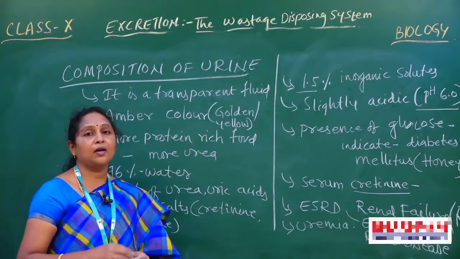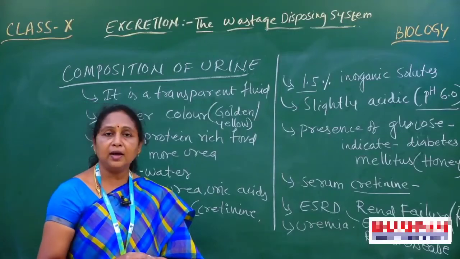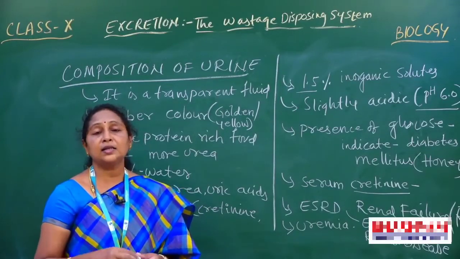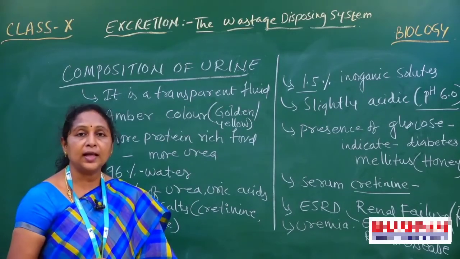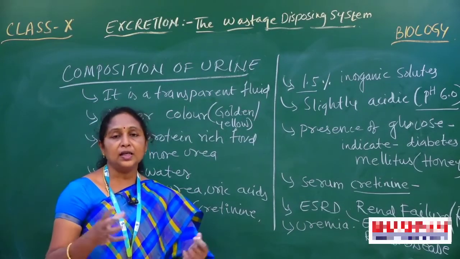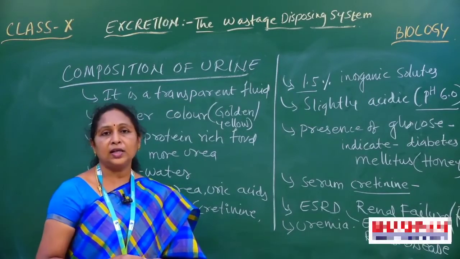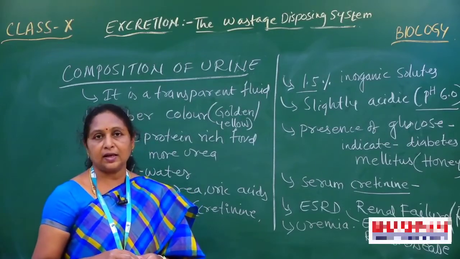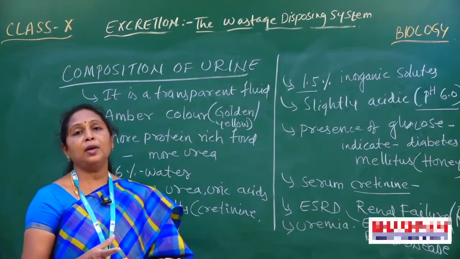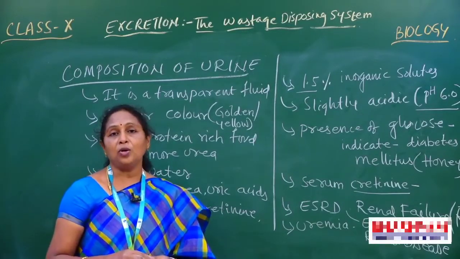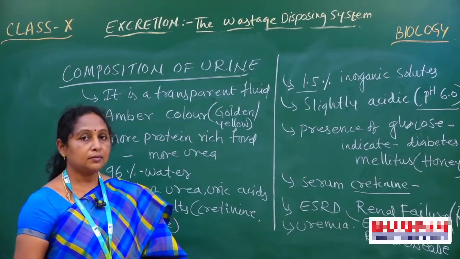And the remaining parts of the excretory organs: what are they? The kidney is the main excretory organ. The kidney is connected to two long white-colored ducts. What do we call them? Ureters. Then the ureter opens into one muscular, flexible, bag-like organ, the urinary bladder. The urinary bladder opens out of the body through one opening that we call the urethra.